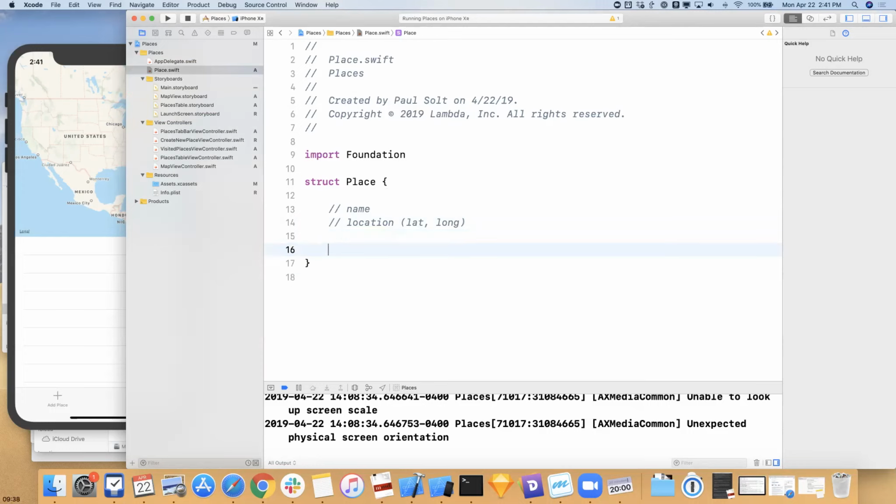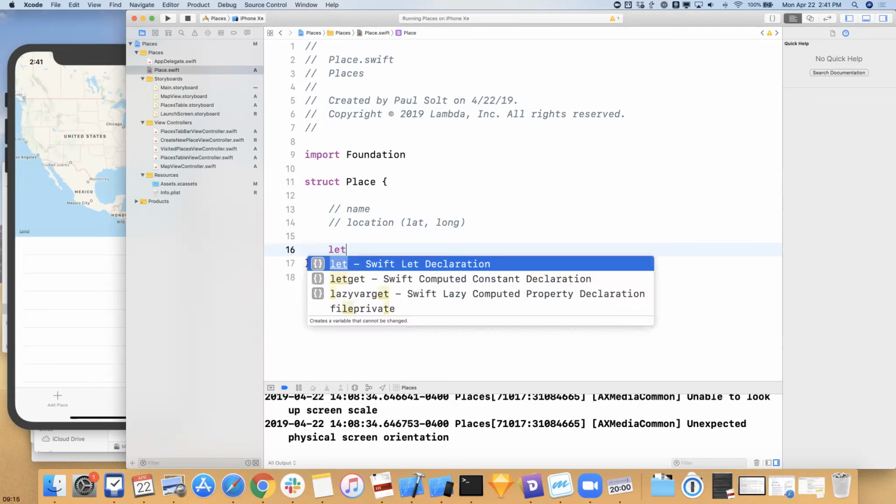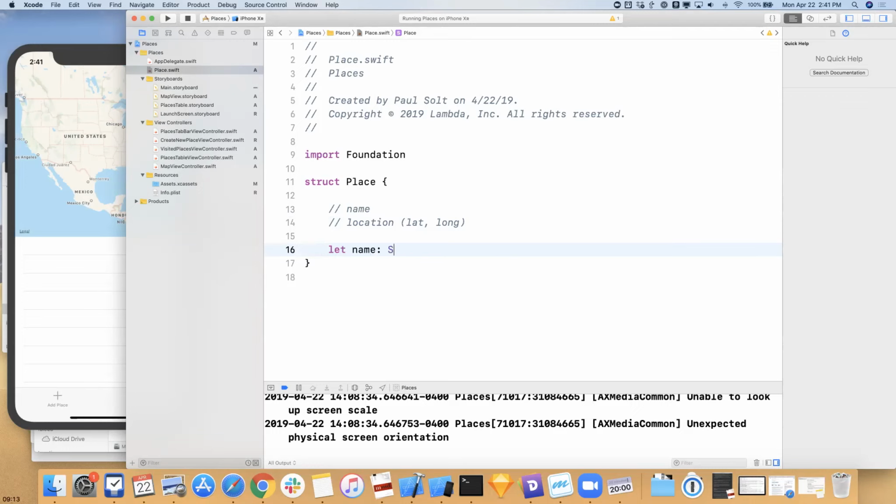And then I will go ahead and implement it. So for this, I'm going to set up 2 properties. I'm going to set up a string property for the name, and I'm going to set up a tuple that's going to store 2 different numbers that are going to represent the latitude and the longitude. So the way I'm going to write that is let name string, and then I'm going to say let location,